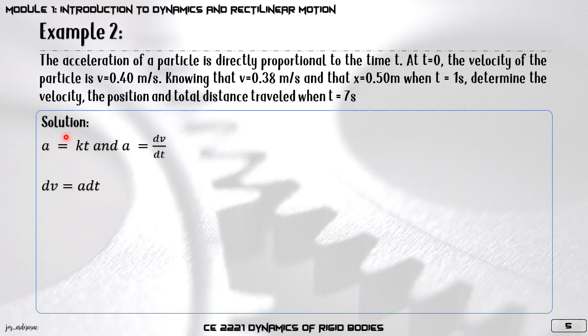Substituting now the equation of a as a function of time in this equation and getting the integral of the equation, we now have the integral of dv from v0 to v is equal to the integral of a dt from 0 to time, or that's also equivalent to